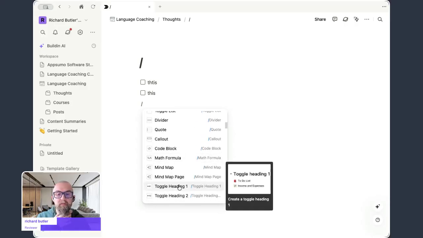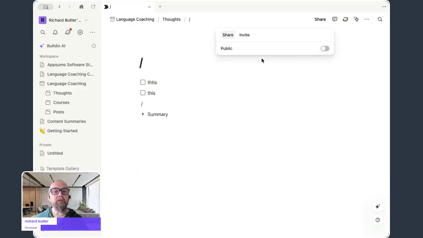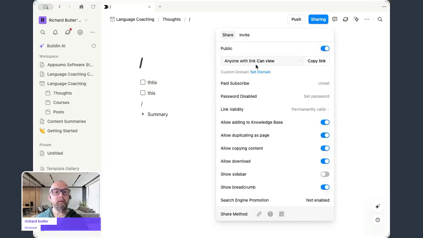It's a tool that can do formulas, mind maps, headings. You can insert images. So you could actually have links to a lot of videos here, and you could create a video page, and then you could click on share and make this public. And if I did that, then I can have like a wiki, an information portal. So I could put all these videos up, which I might do here as well.